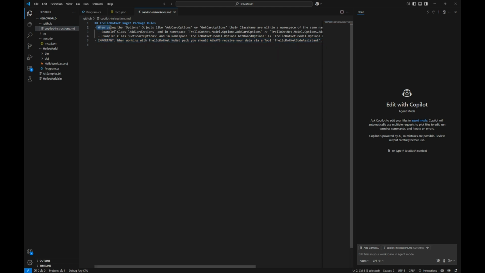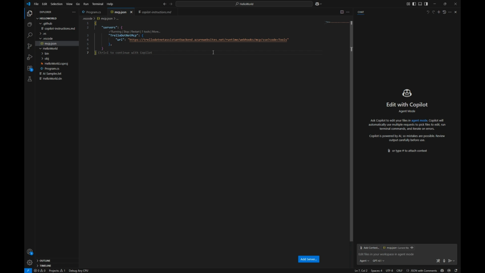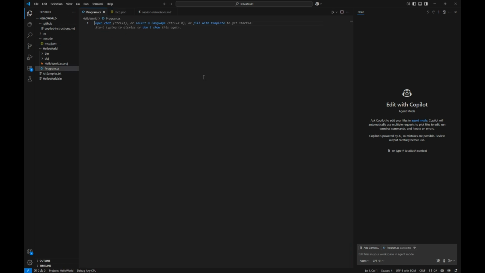And I give it some examples because I have a namespace that is a bit hard to understand, because the namespace and a class are the same. Whenever I tell other people that they should use my MCP, I think these are good instructions to start out with, to put into your project together with the MCP.